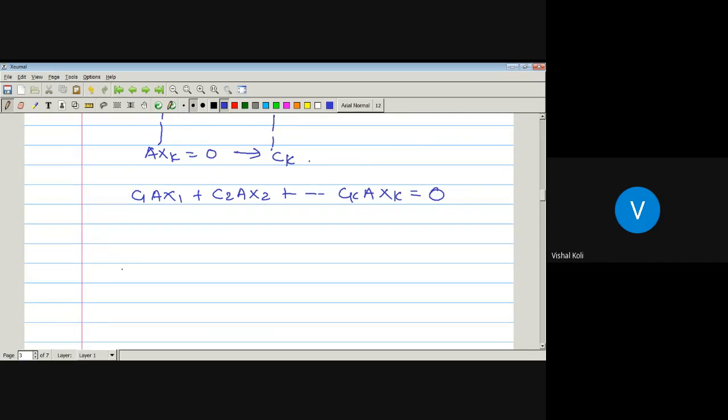Okay, so actually this one is nothing but A into (C1x1 plus C2x2 plus up to so on Ckxk), which is equal to 0. It means here we have a matrix C1x1 plus C2x2 plus up to so on Ckxk, which holds the solution of a given system of linear equation. Since if Ax equal to 0, then x1 will be a solution of the given system of linear equation if Ax1 is also equal to 0. As here A into this matrix will be equal to 0, then this will be a solution of the given system of linear equation. So which implies any linear combination of